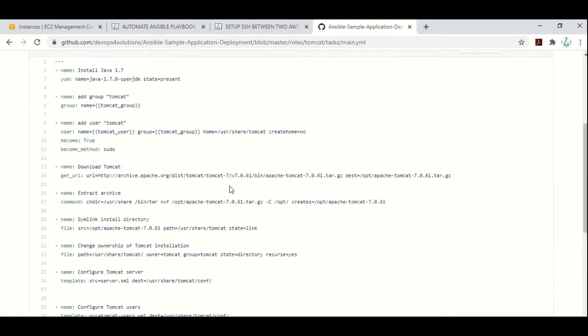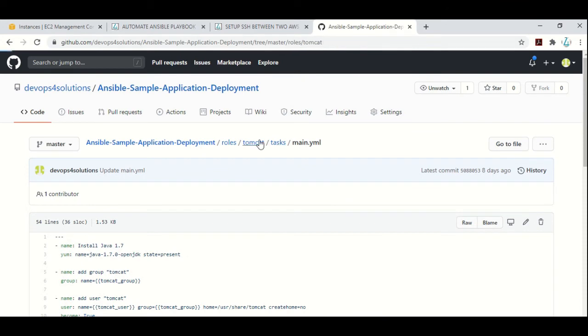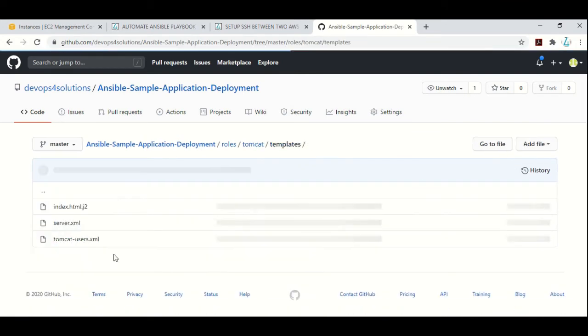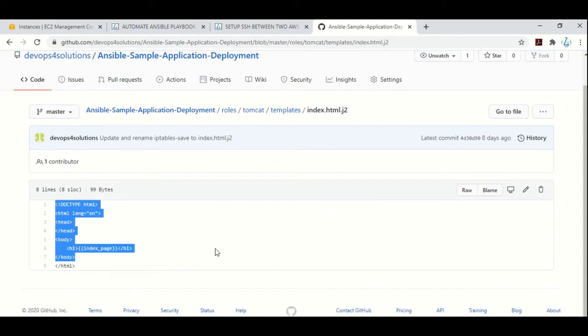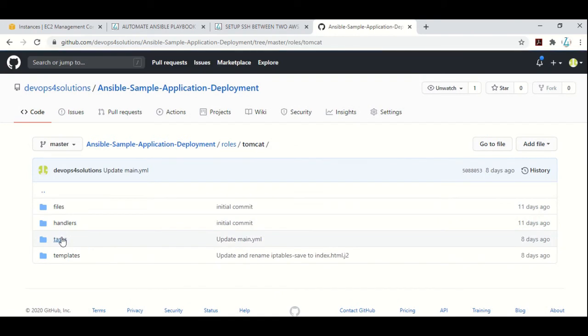This template file I can show you. So let me go there. In the Tomcat folder, you always have the templates folder, and in it index.html is my HTML file, and I have made it variable specific. So whatever is the value of the index page, it will display. So if you have some file that you want to display and that should have different parameters according to the environment, then you can use variables and put those values in the dev.yaml and the prod.yaml. So this is how you can use that.